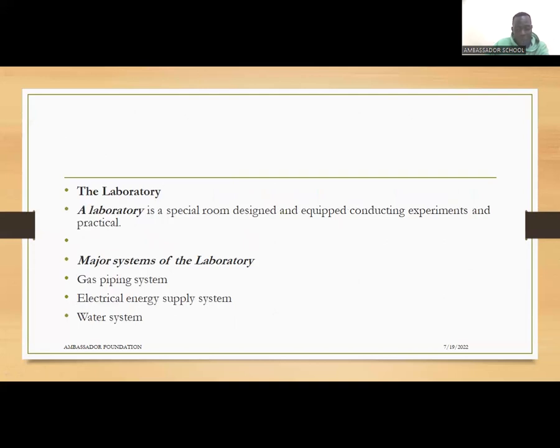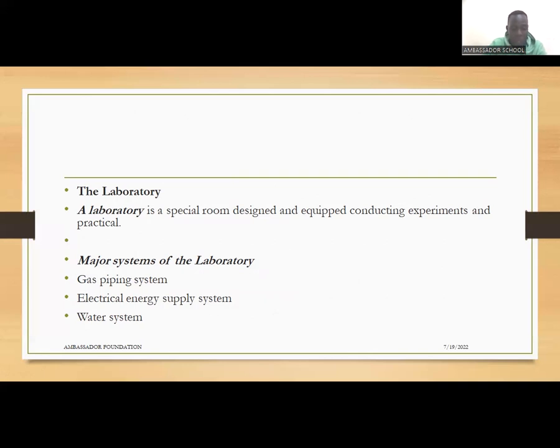So let me tell you, you are not studying physics in vain. You are studying physics so that you can better your future. You are studying physics so that you can save this generation. You are studying physics so that you can save humankind. Physics is a practical subject that requires to be done in a laboratory. So allow me to take you through some small concepts about the physics laboratory.